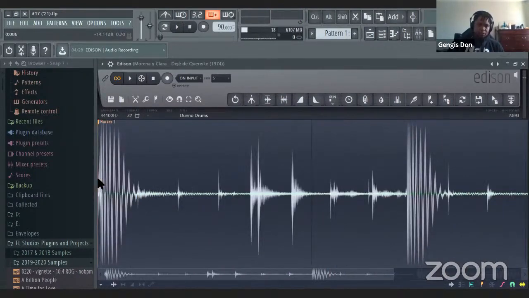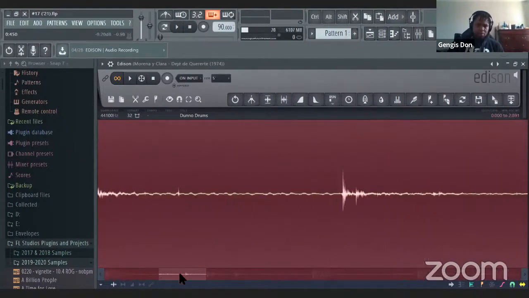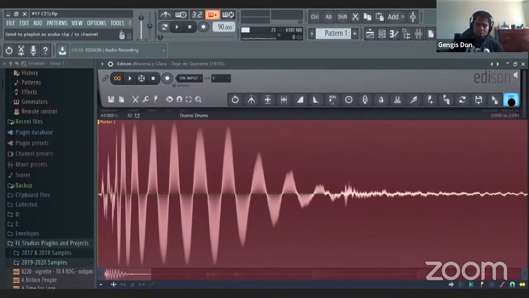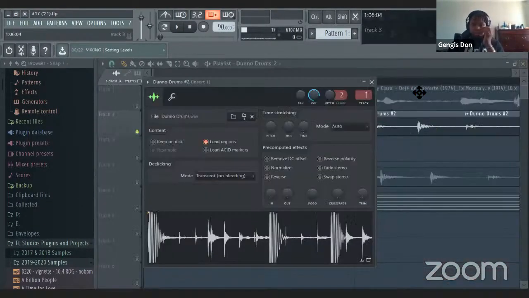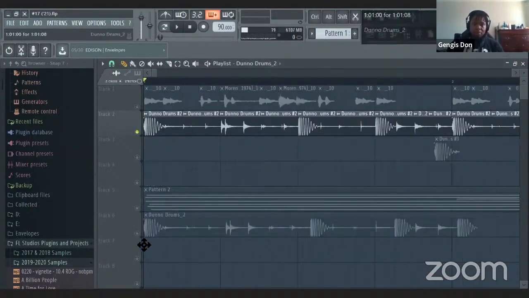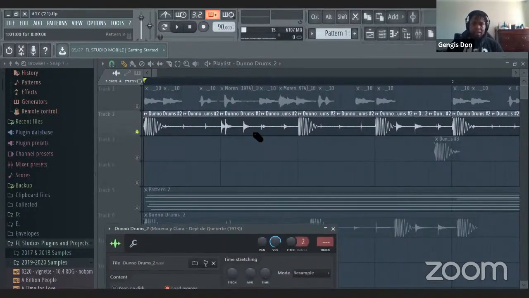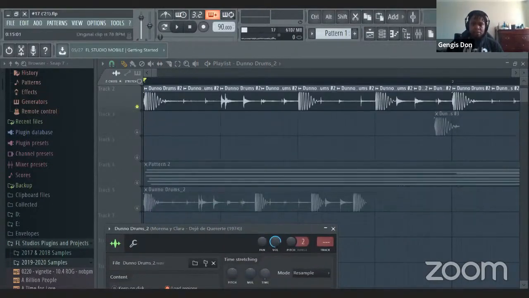So just use this full thing. So we have these drums here. And then now we're gonna stretch them so that they fit here.